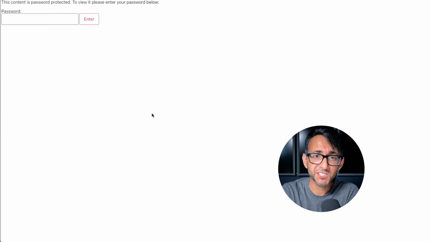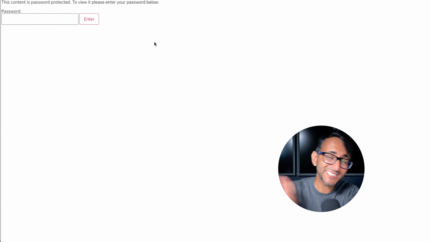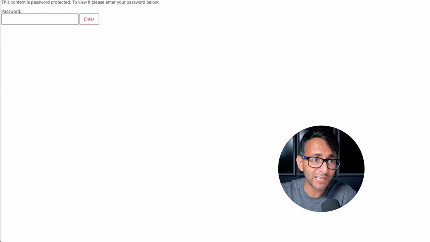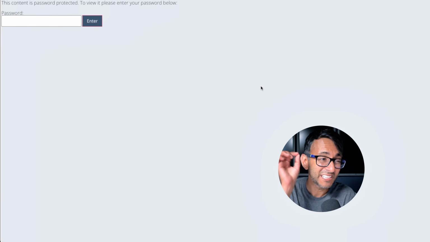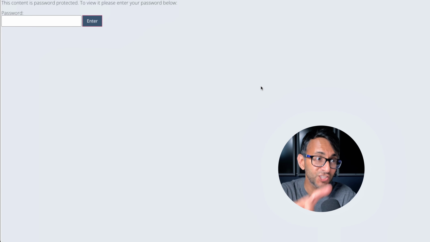Now, obviously, it's going to be stylized to your background styling. So if you've got a color or an image, it will show that. But you get this entering your password message, hit enter, and it's in the top left of your page. And it can look quite ugly. Here's the page of the person who asked the question, and they were struggling. So I'm going to give you some CSS and JavaScript to move that